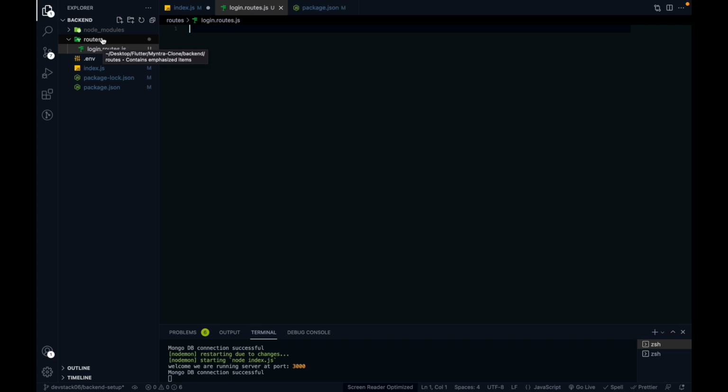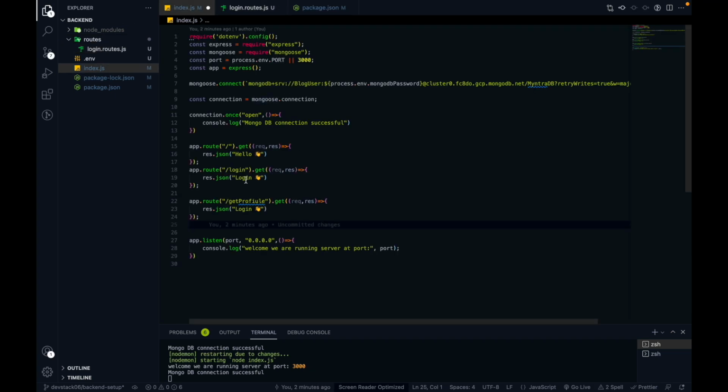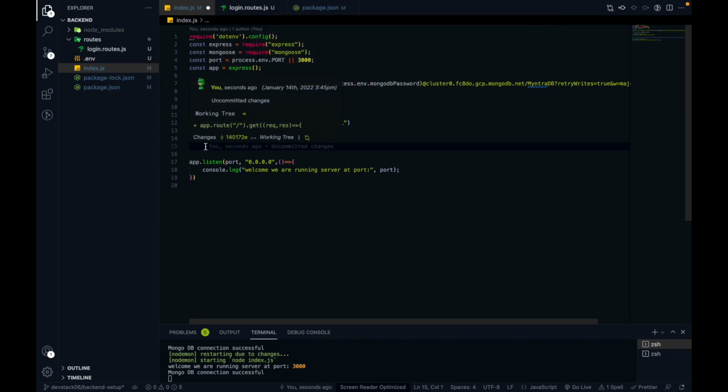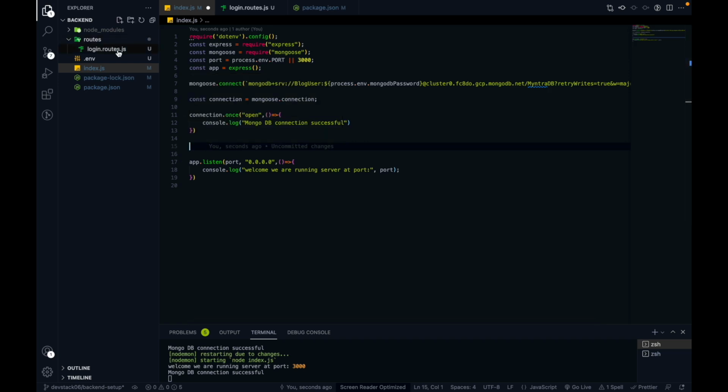So that's the criteria, and we have to write some code to route the login related endpoint to login.routes.js. That is routing. All the endpoints will hit index.js, and from index.js we have to route back to the dedicated JS file where we wrote the endpoint related code.